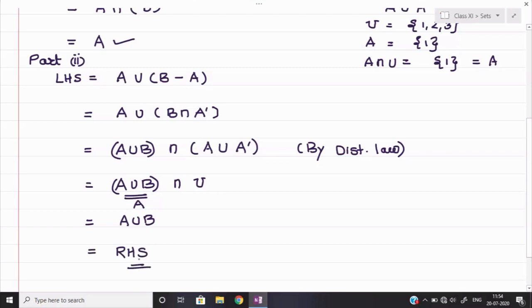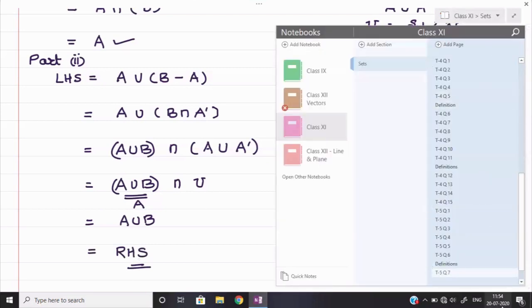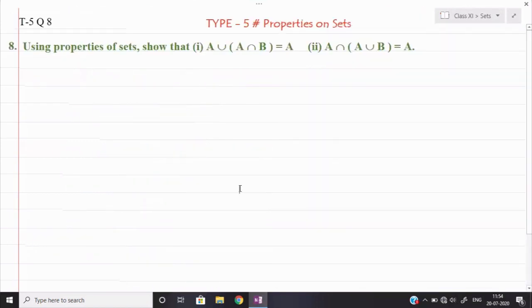Now let us see the next question, question number 8. Today's session will be a little longer because I want to finish the questions on properties of sets. Two more questions are remaining, so we shall finish them quickly. Next time we can start the questions on Venn diagrams. Then we will have to spend some time on applications. Applications may require a minimum of 3 more sessions. So this chapter will continue this week as well as next week, because of the depth of this chapter. Then we shall start the second chapter, which will not have that many questions.